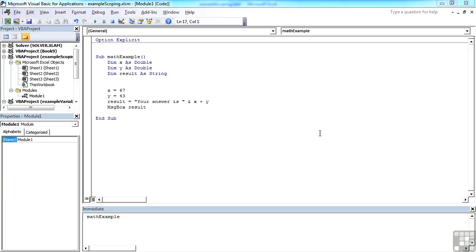So in our little example here, in the example scoping file, we've got 3 variables that have been defined within this sub-procedure called math example. The scope of those variables is actually just that procedure. We cannot make use of these variables outside of this procedure. They are declared at the beginning, they are used throughout the procedure. At the end of the procedure, so here we have end sub, they are discarded, they are thrown away, the